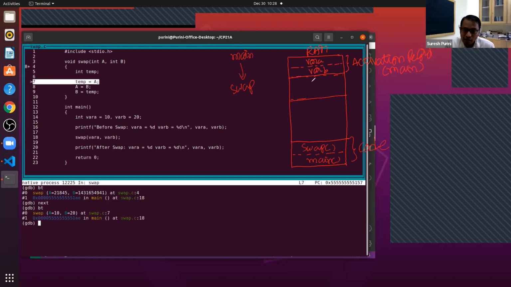Only after you call swap does it become active. Swap has 3 variables. After swap is called, the memory for the variables in the swap function is allocated. This is the activation record for swap. And the backtrace is what is called a program stack.